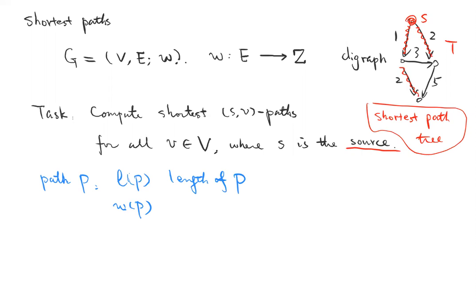That's the sum of weights of all edges on the path P. Of course, then we can define the distance between two vertices. Distance is the length of a shortest UV path